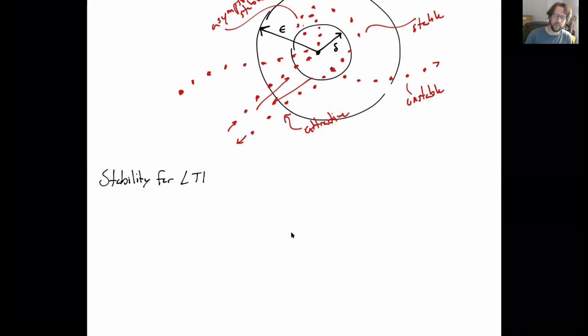Well, there's a very similar notion for discrete time systems. Let me underline this. And so if we're given an LTI discrete time system, DTS, as x k plus 1 is equal to A x k,